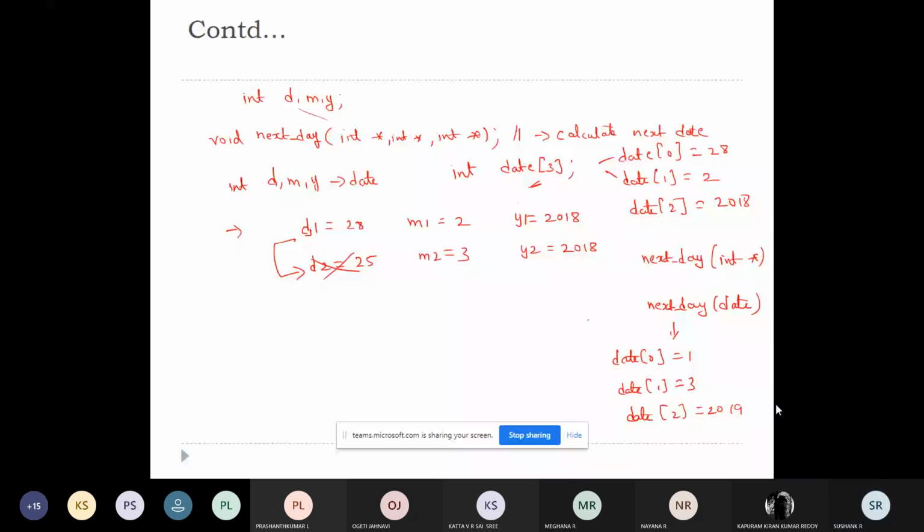So what I'm doing is just changing the data type. But here also, you may feel that this method will work, since I have grouped it under the array called date. Although you feel that this method will work, it is not convincing. Why is it not convincing?